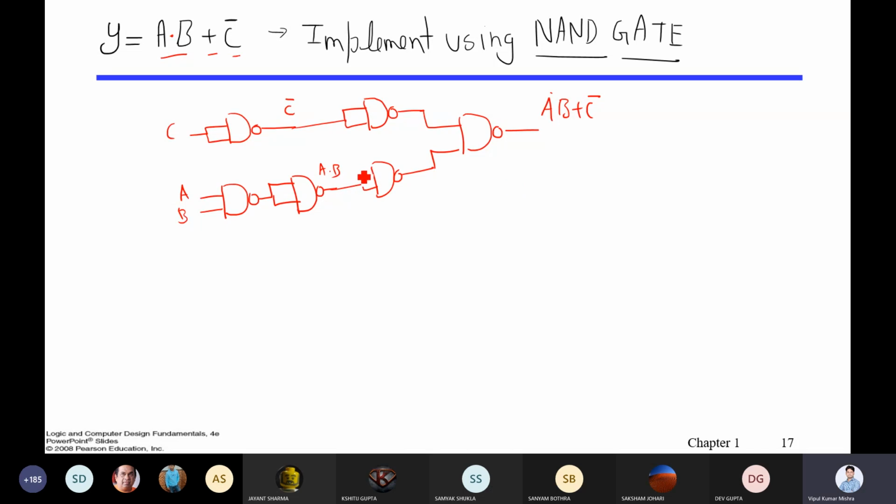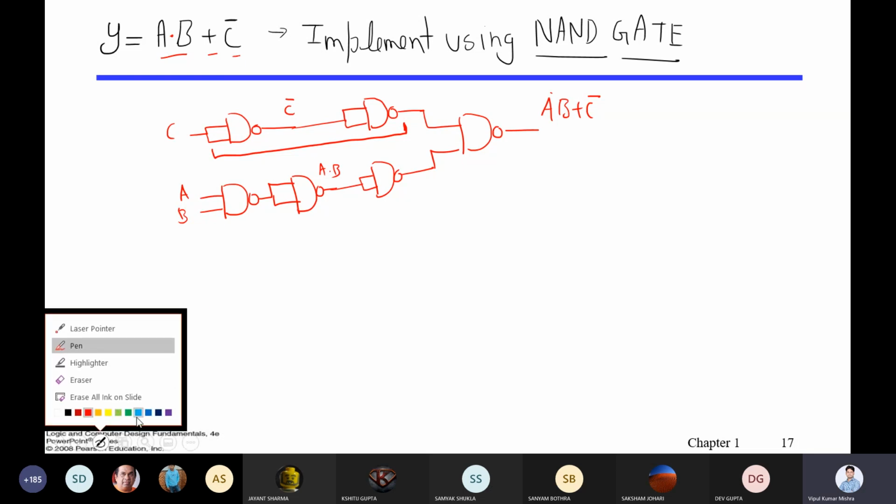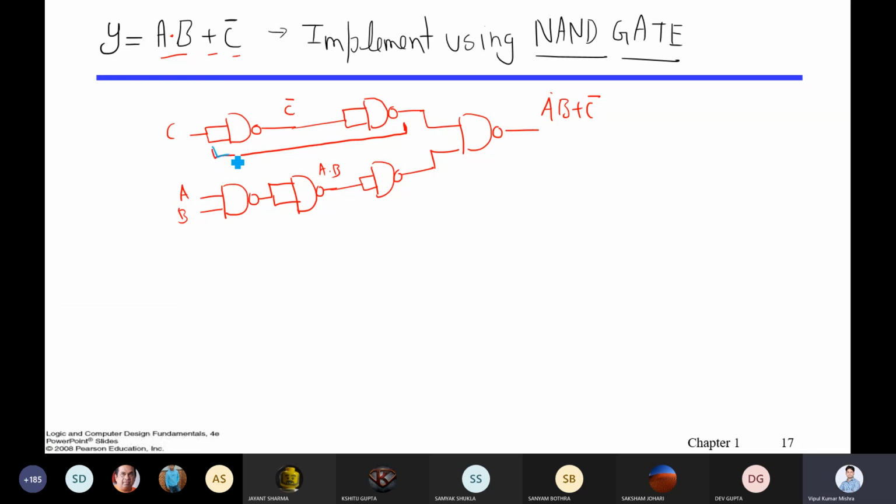Now, few important things. Once we have done this, how is this useful for us? Now, once you look into this, what happened here in this case? C will convert to C bar, then again C bar will convert to C. If C bar goes as input here, what you will get?